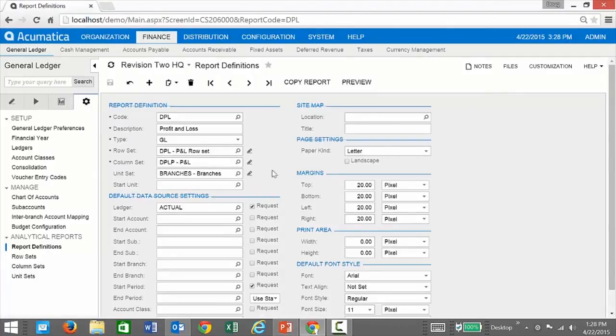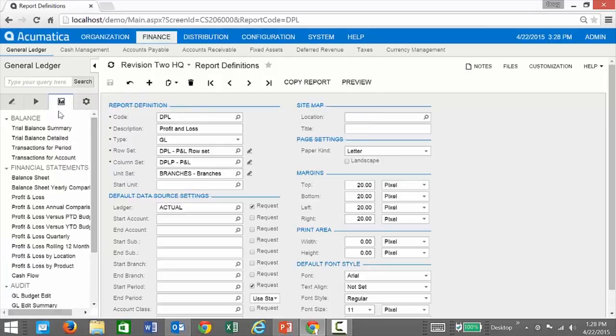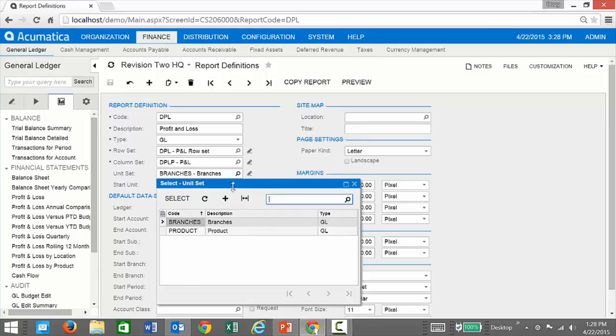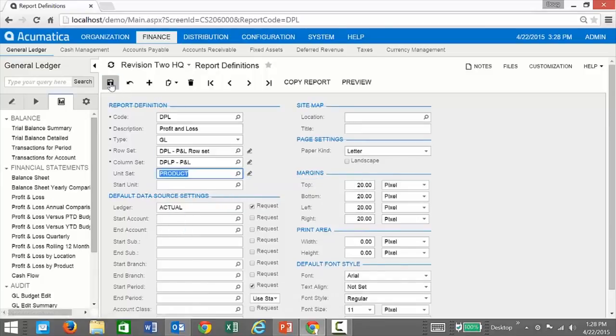Once I've done this, I can go specify the report. If I'm happy with the report, I can add it to my sitemap. The benefit of adding it to a sitemap is that it becomes available for specific security, and it shows up over here so that anybody can go and run it or reference it. So the very same P&L reports that we see and create here can be shown in your typical financial statements area. To create rapid new reports, it's as simple as selecting a different unit set, and then you can see